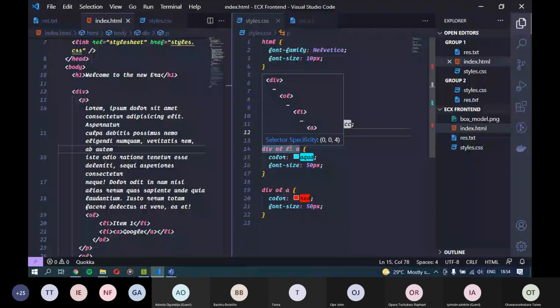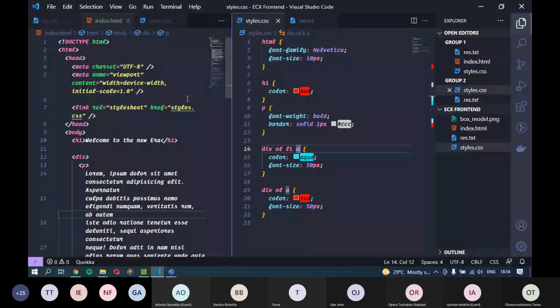When our browser sees these CSS styles, it knows that we have a style sheet somewhere. So it comes here and reads the style sheet line by line. It sees the HTML one, and applies that style. It sees the H1, and applies that style. It sees the P, and applies that style.